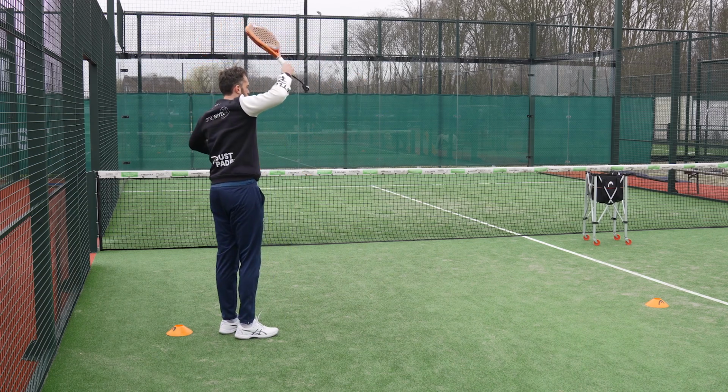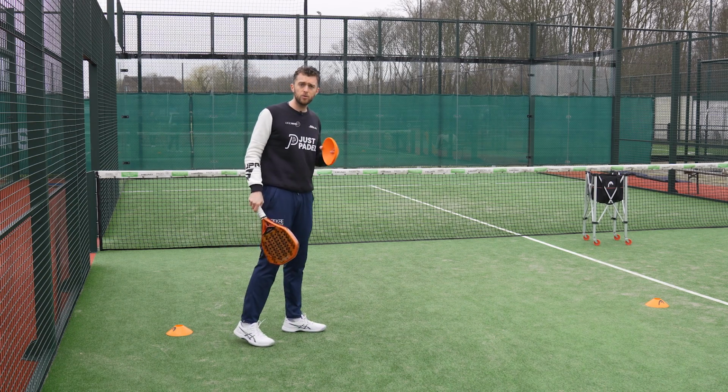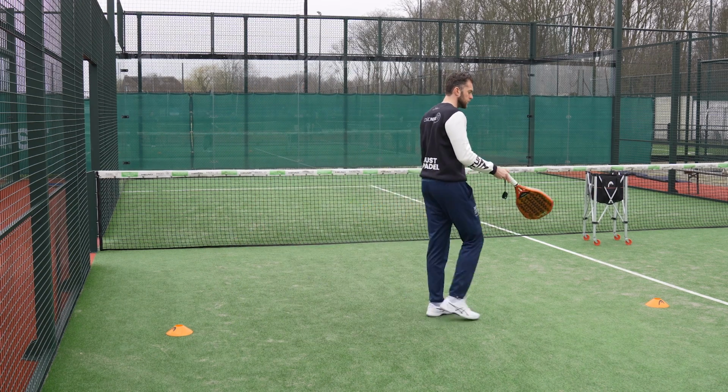First one is, after you play the Rulo, you should cover the center. Also, your partner should cover his fence, but today we only focus on where you should stand and not where your partner should stand. So if you get a Rulo, cover the center after. The Rulo is a very good option, but I need to be able to move to this cone after,